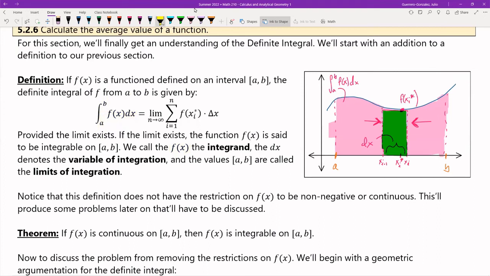So now notice what I did here, a difference from section 5.1 to now, right? We do not have the restriction that f of x be non-negative or continuous, okay? So this is gonna produce a problem, and I'll get into it in one of the examples, okay? One thing I wanna go ahead and mention for now is, if f of x is continuous, then your f of x is also integrable. That means that this integral from a to b, f of x dx,